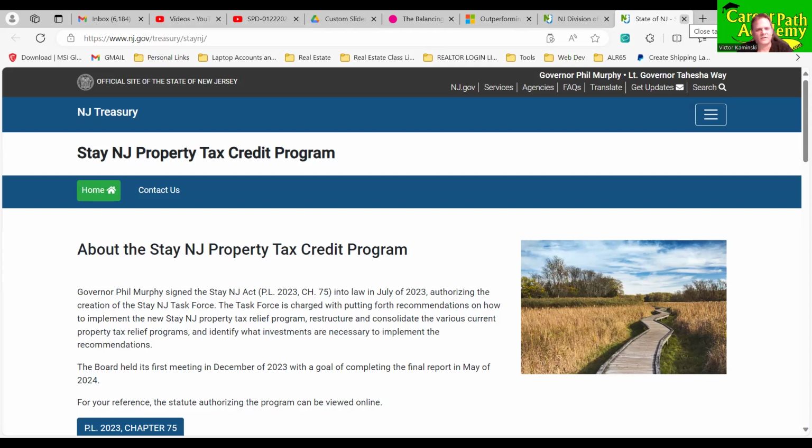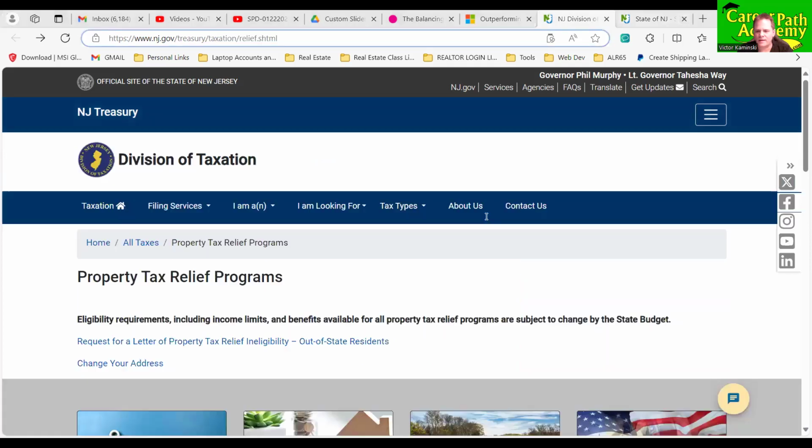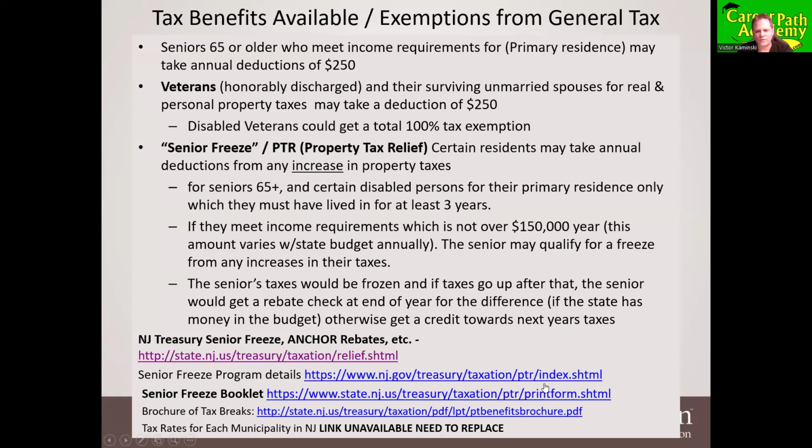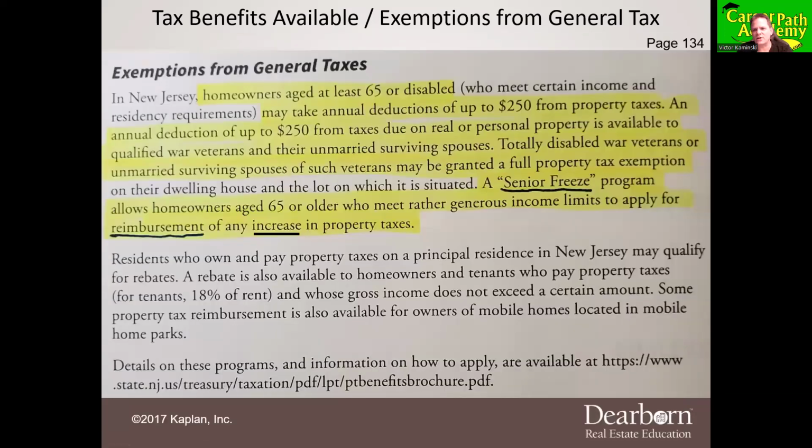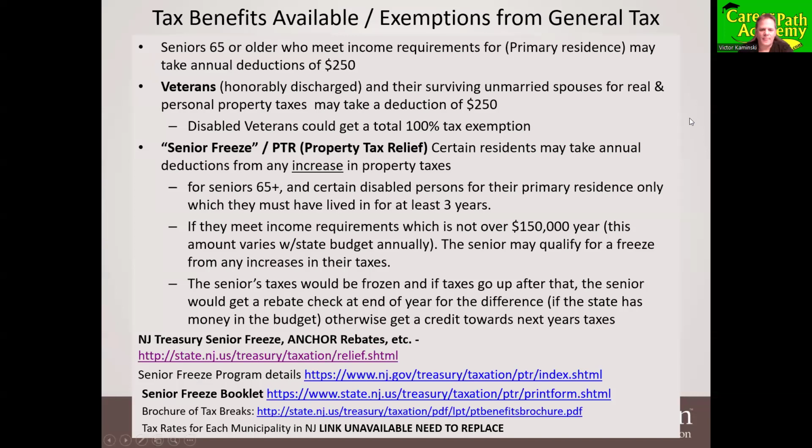And then let's also add something in there about this new program. If I could squeeze it. One thing that we could look at here in the slideshow, let's see if you guys are watching the slideshow again. Okay. So we got that Senior Freeze program and the booklet. You can actually download it from the website now. You don't have to go down to City Hall to get it, and then here's the actual booklet.